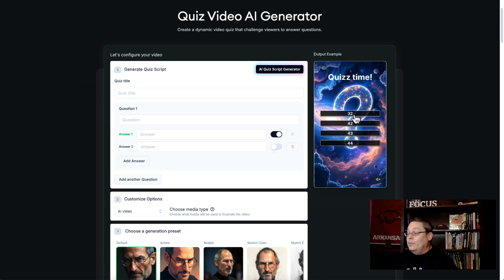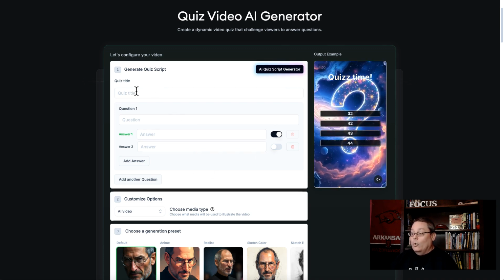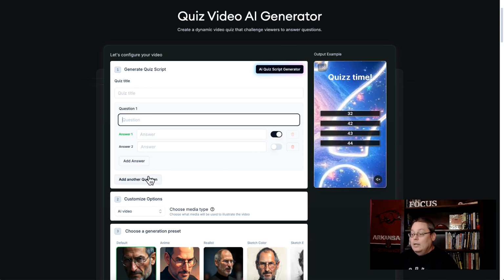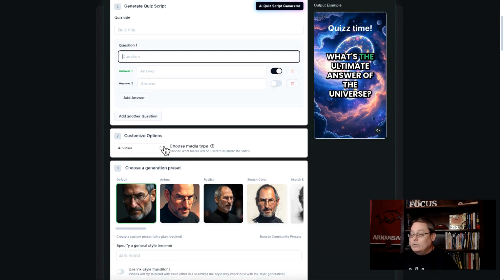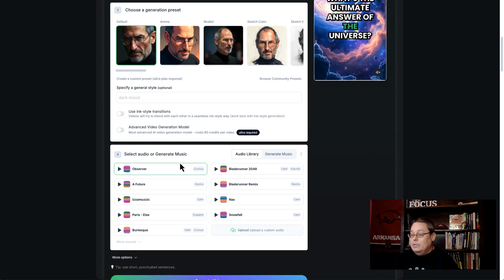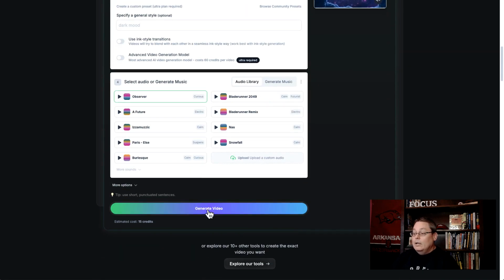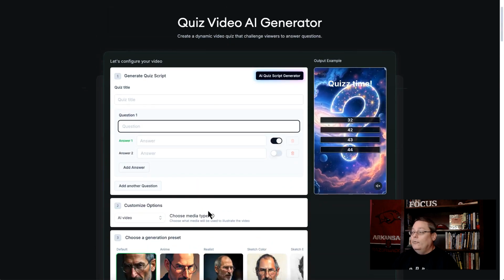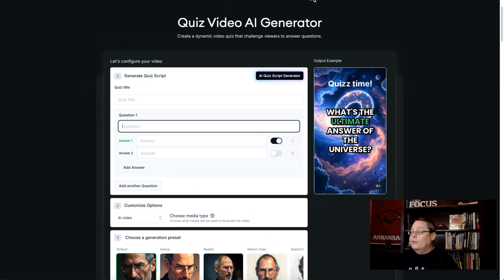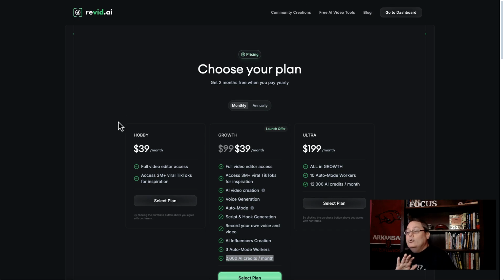They're showing an example here, which is a short, but they also have the ability, once you put in your quiz title and your questions, and you can add additional questions here, and you can customize the options. They also have audio and generate music. And then you can click generate the video and it walks you through the process. And I want to show you the video that I created with this, but I want to dive into Revid